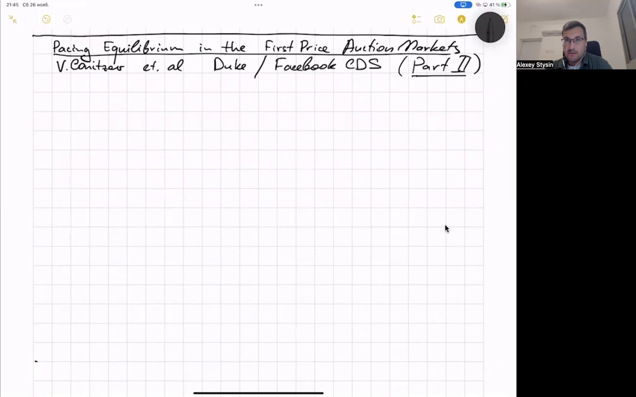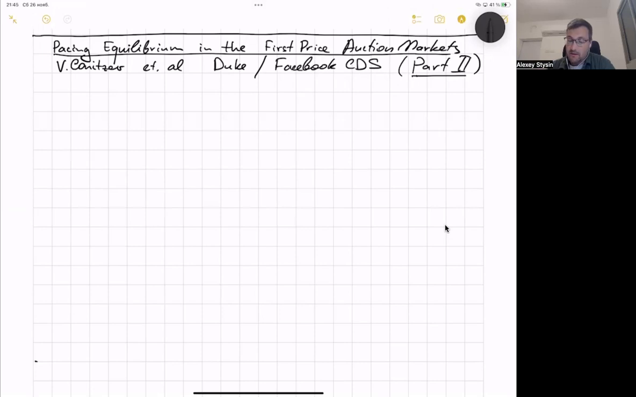from Facebook CTS. So in this video, we are going to define what this pacing equilibrium is, what the requirements for this equilibrium are, and next we will see that this problem maps to the Eisenberg-Gale convex program, and we'll study the properties of that program that would explain how this mapping happens. But before we get into that,